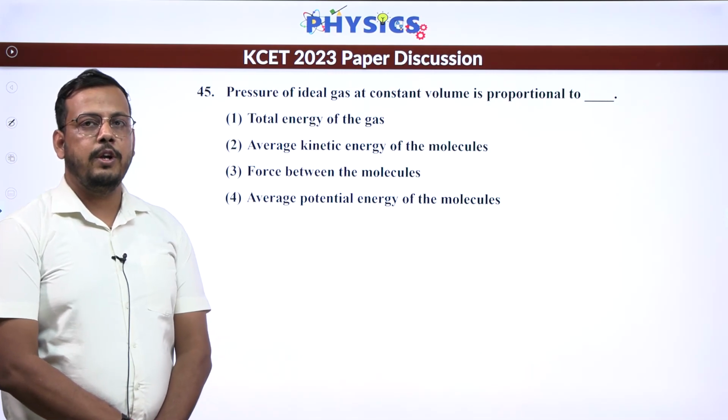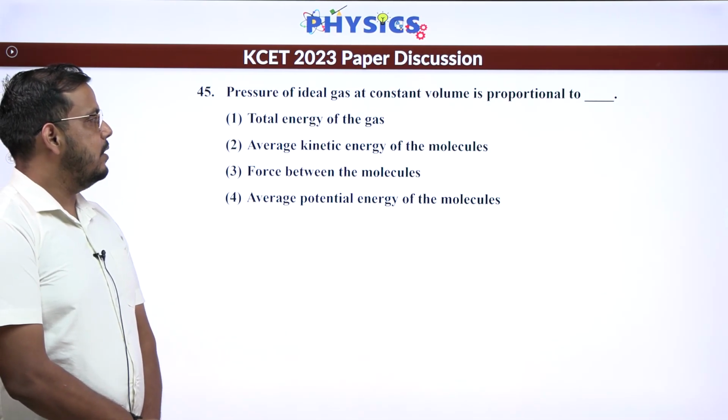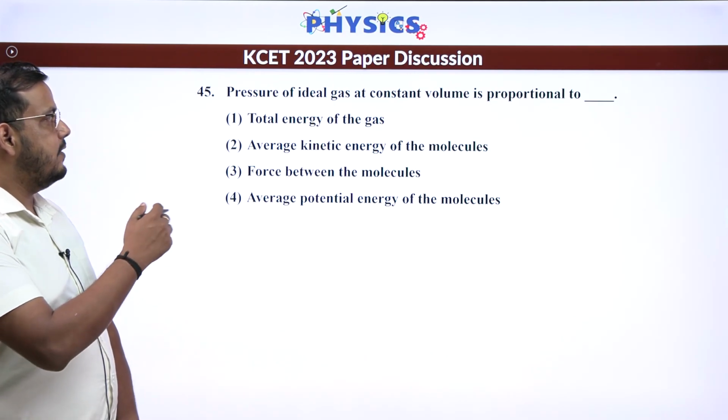Next question is question number 45. Pressure of ideal gas at constant volume is proportional to. So they are asking the